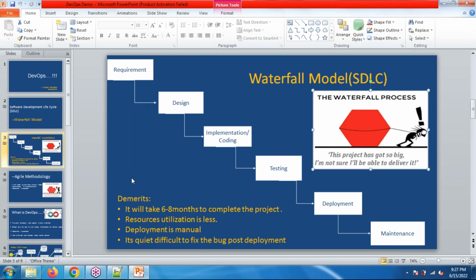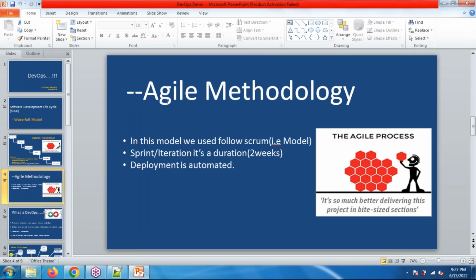So in order to overcome this issue, the agile methodology comes into the picture. In this agile methodology, we are following Scrum, which is called a model, we can say. In a waterfall model, we can see that